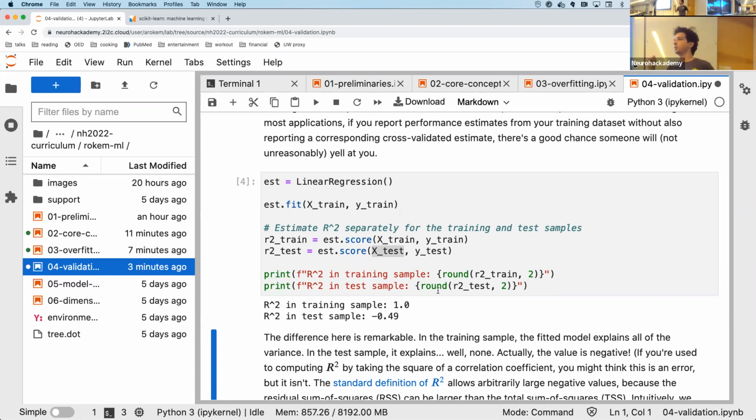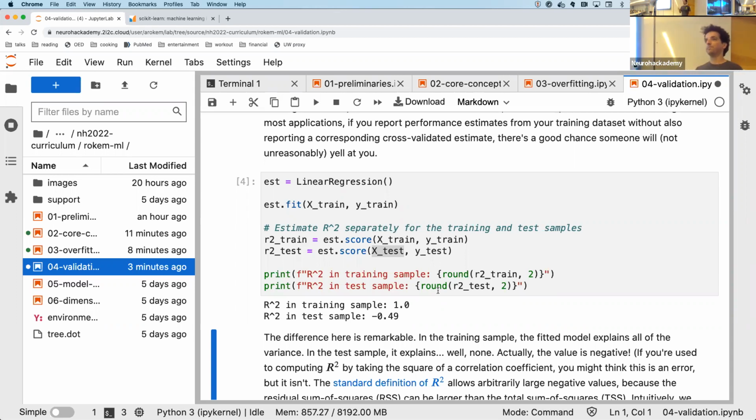0 is the R squared of guessing that, say, in this case, the age of every individual is the mean age of the people in the sample. So that's an R squared of 0. That's our baseline model. Anything better than that is better than guessing the average,